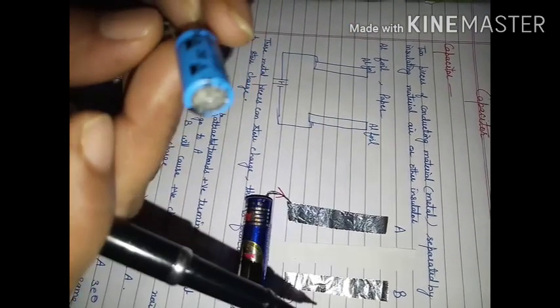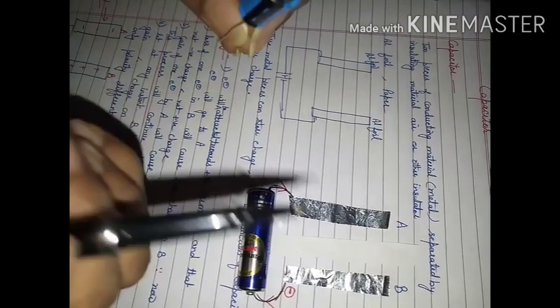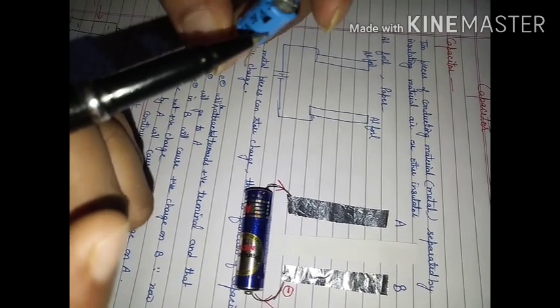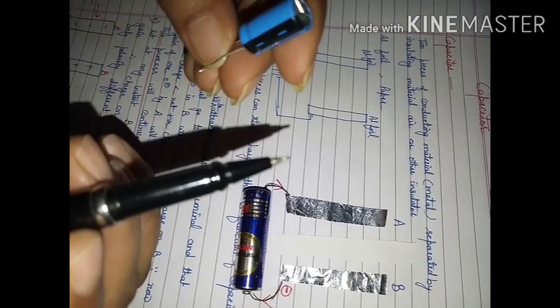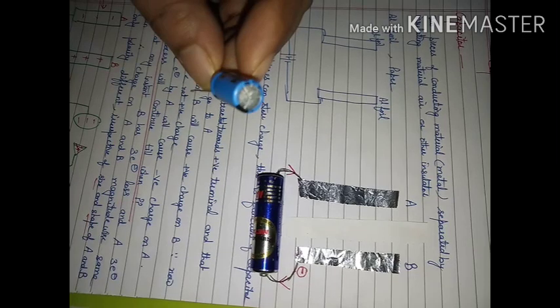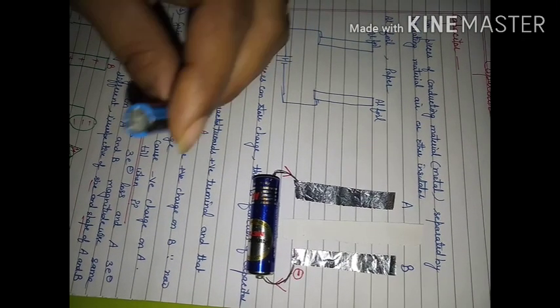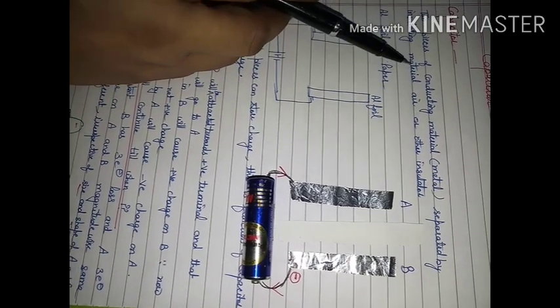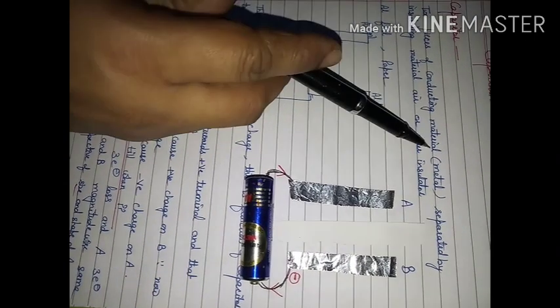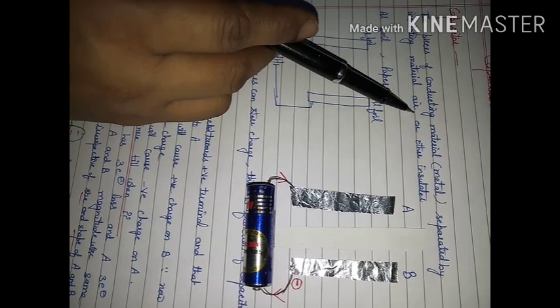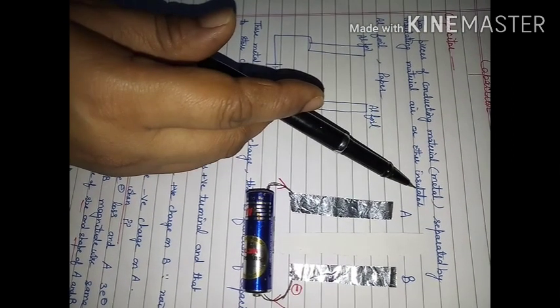It can also be in the shape of parallel plate capacitors. If you cut it, you will get two metallic layers separated by some insulating material. So we will see the basics first today. In a capacitor, if you open it, you will get two pieces of conducting material separated by an insulating material such as air or some other insulator.